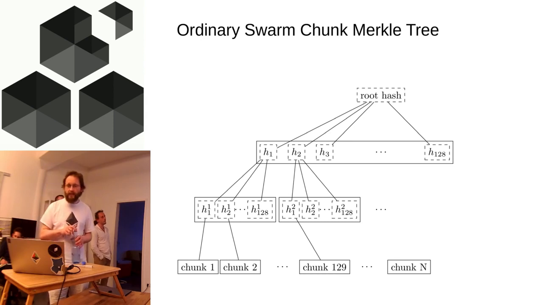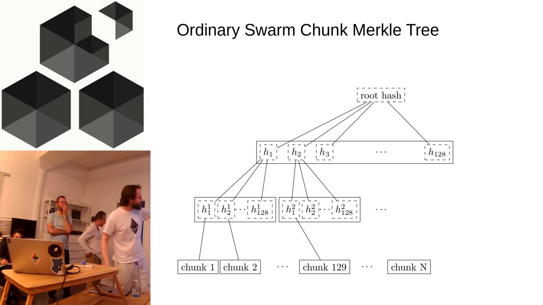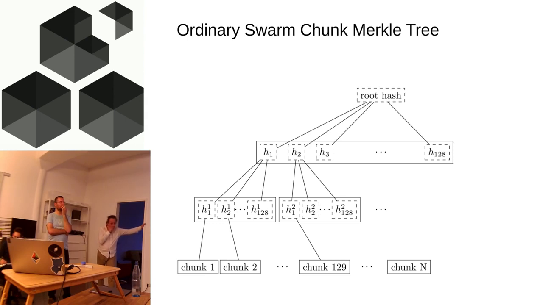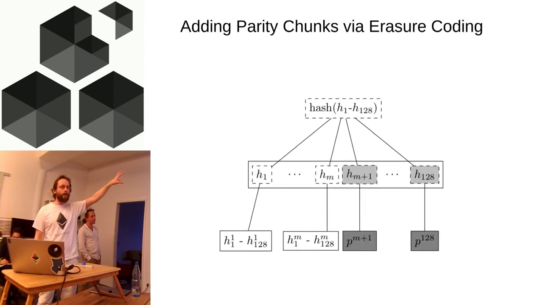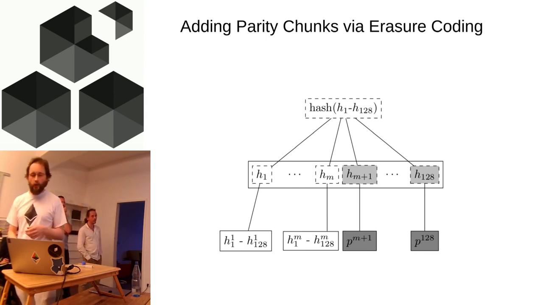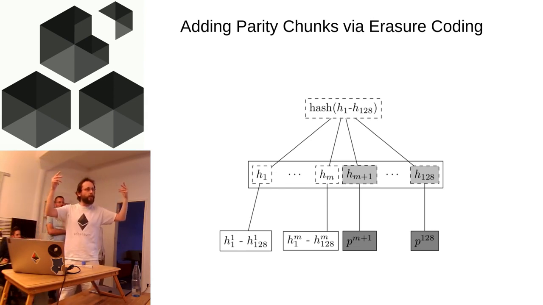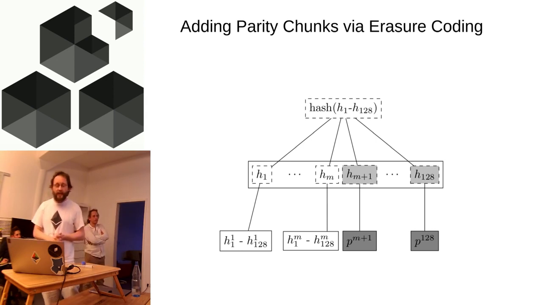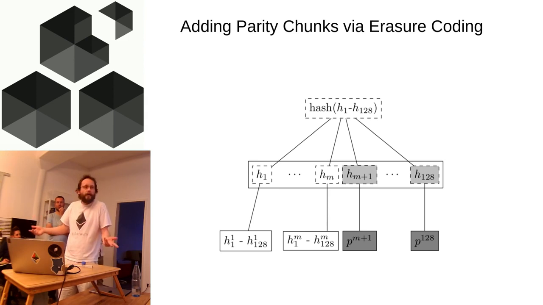Not going to talk too long about the implementation, but down here is our file broken up into chunks. The way the swarm works is we hash the chunks. All these hashes are bundled together into chunks of their own, and so on, all the way up. It's a nice little Merkle tree. And we add erasure code at every level. So this would be a typical component of the erasure coded tree. So at every level, you've got extra redundancy bytes. And you don't care where your chunks get lost. Any chunk in the tree is equally important. They all have the same kind of extra parity data. And any node trying to access this kind of file can notice if there's a chunk missing and can repair it,